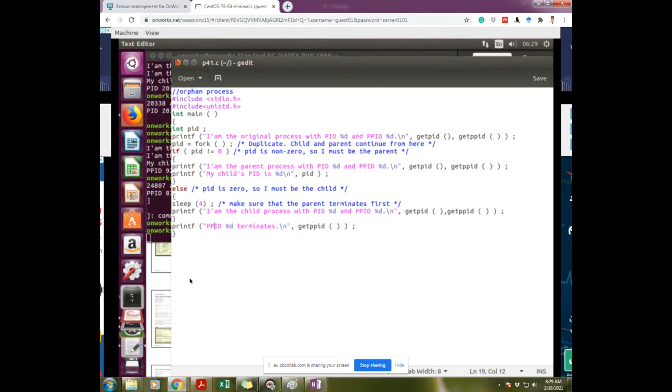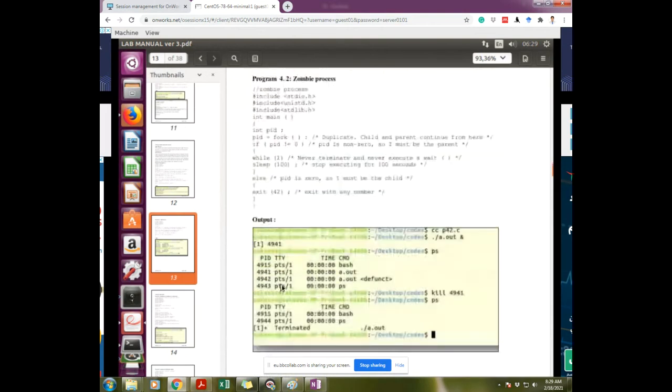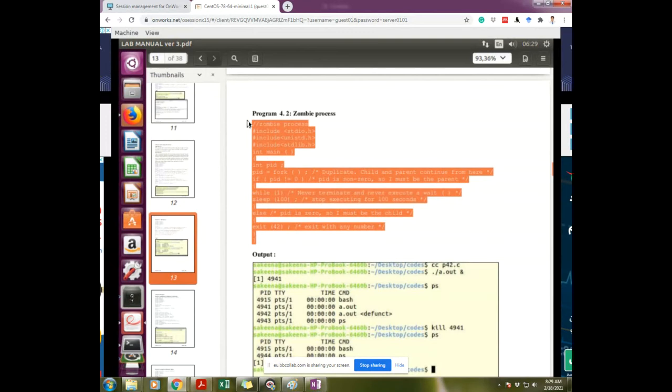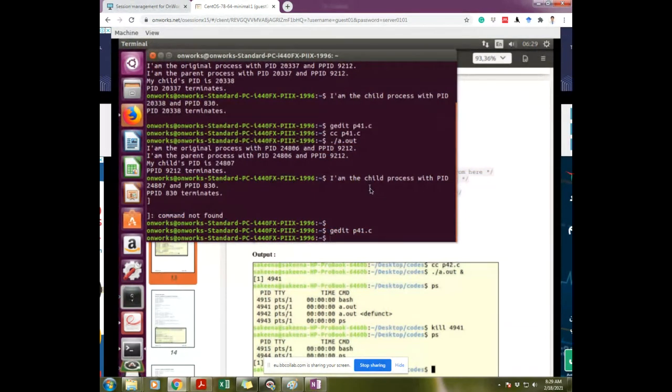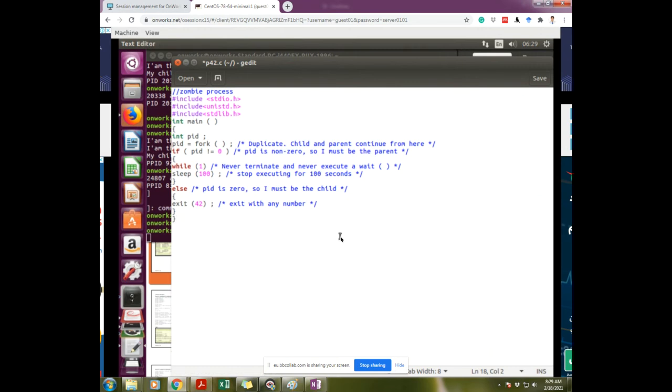Okay. Now you have to run program number 4.2. This is program number 4.2. Terminal, gedit program 4 2 dot c. Run. Open a new window, paste the program, then check all working, zombie, this.